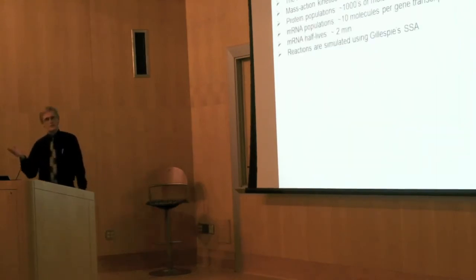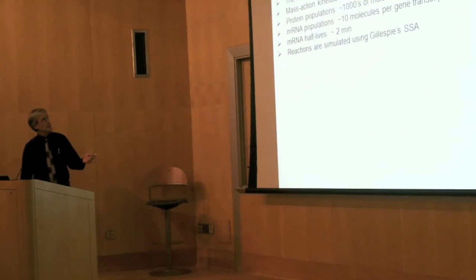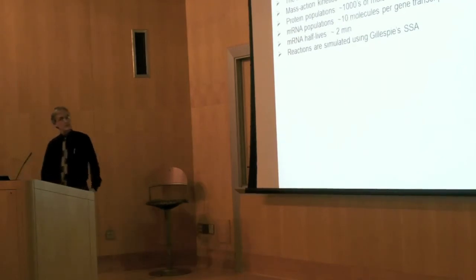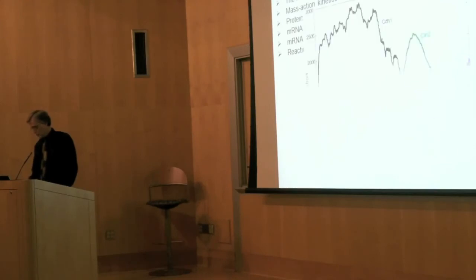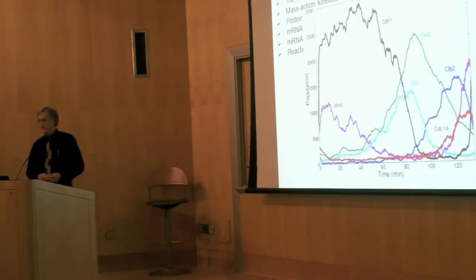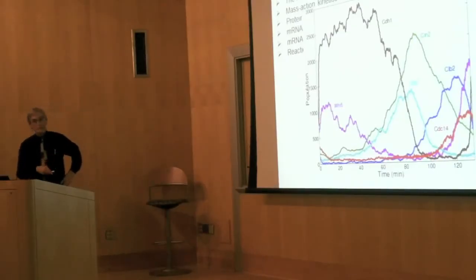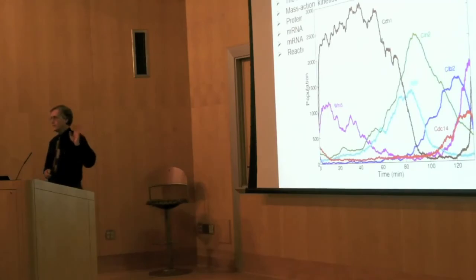But now we're going to simulate this stochastically with protein populations on the order of thousands of molecules per gene per cell, mRNA populations on the order of 10 molecules, and mRNA half-lives quite short, 2 minutes instead of 20 minutes. And this is what a stochastic simulation looks like under those conditions. There's a manageable amount of fluctuations in the protein levels,